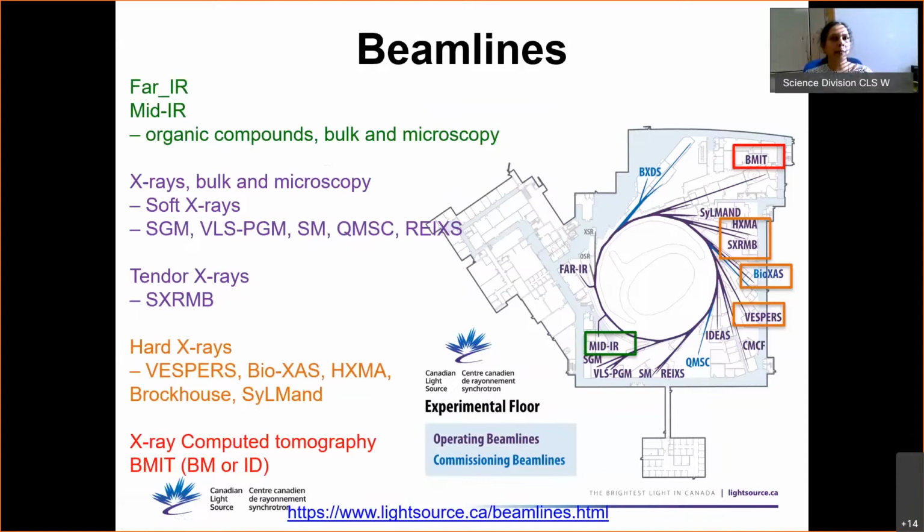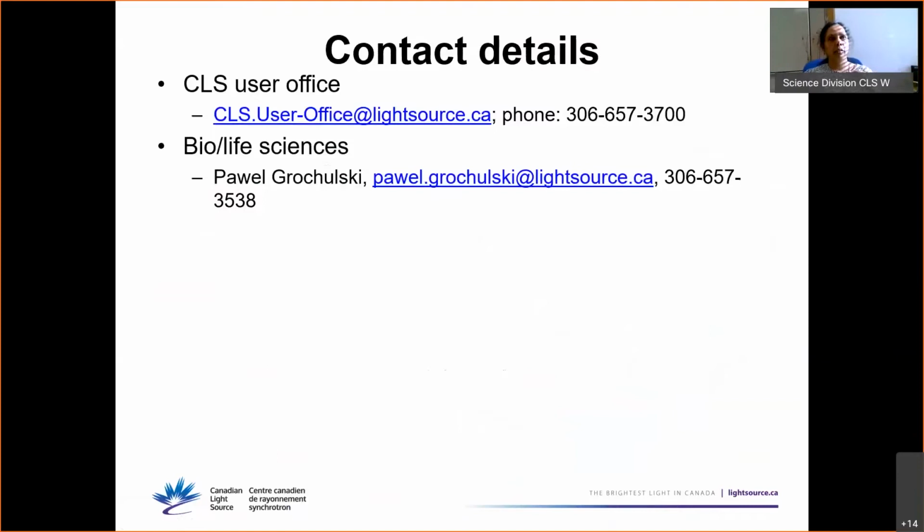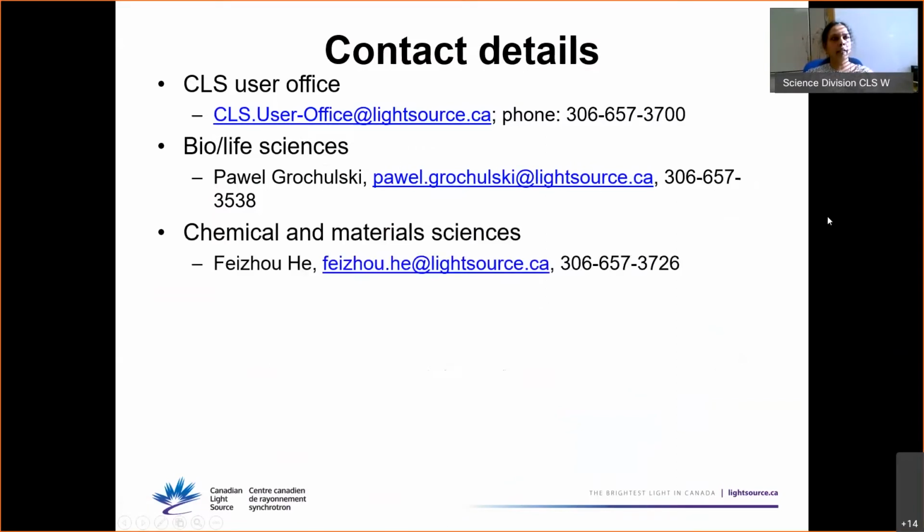If you are a first-time user and you are not sure how to select beamlines, you can contact us. I have given you all the contact details. At the end, I will stop a little bit so you can take all this information. You can contact the user office anytime, by email. If you are working on health science related work, Pavel is the manager, and you can email him if you are not sure which beamline to use.